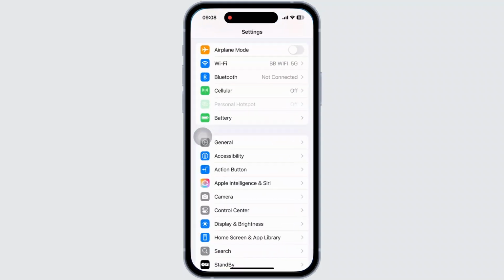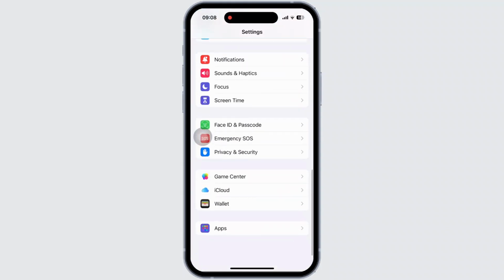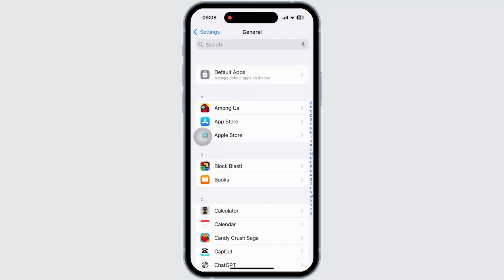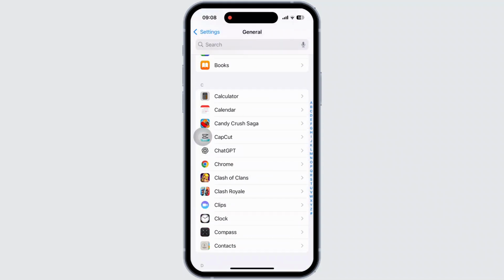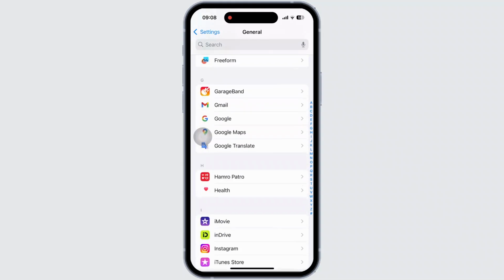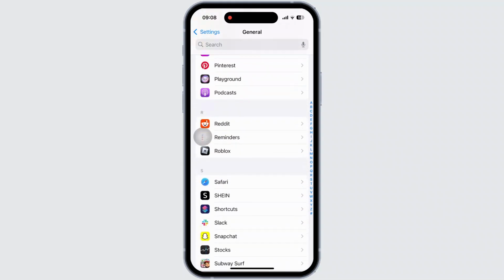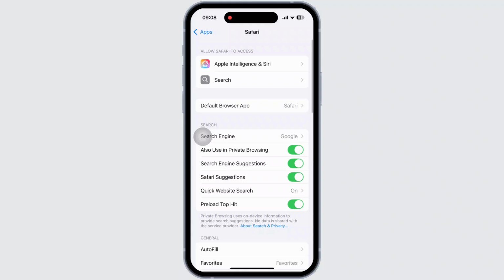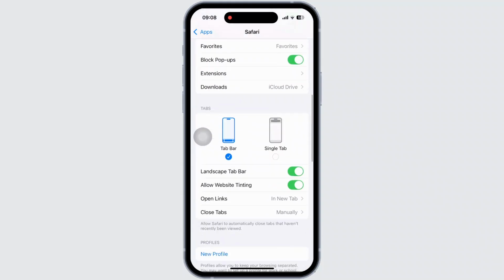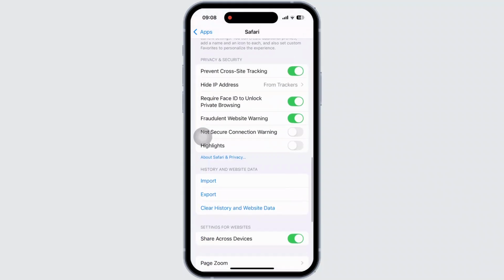Now, once inside the Settings app, scroll down till the bottom and tap on the Apps option available there. Then tap on Safari. You can simply search for Safari in the search bar as well. Once you tap on Safari, scroll down and under the Privacy and Security section, tap on Clear History and